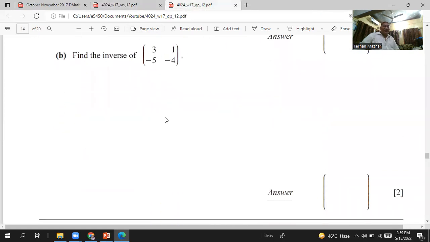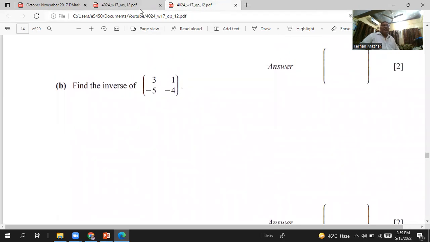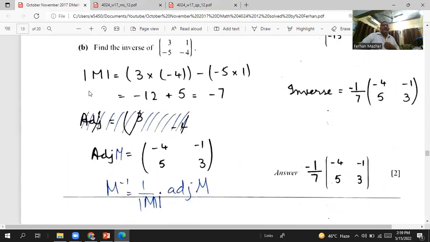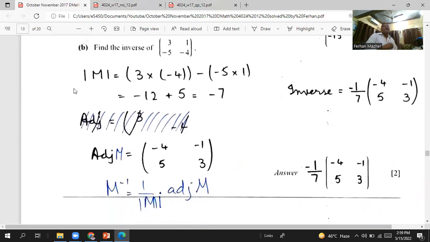Okay, so we are going to the next part. He says, find the inverse of this matrix. So I will name it any matrix just to make things easy. Suppose I name it as M. So I want to find out the M inverse. So first of all, I will find out the magnitude, the determinant of the M. So for finding the determinant, these two are multiplied with each other, then you put a negative,